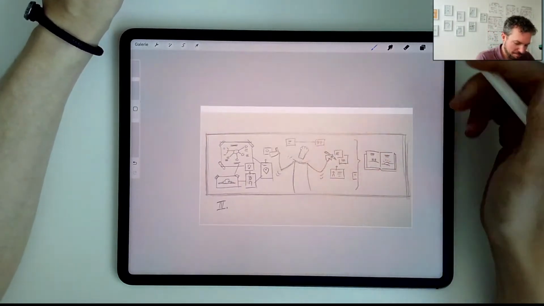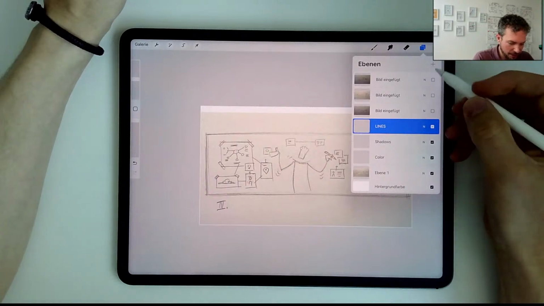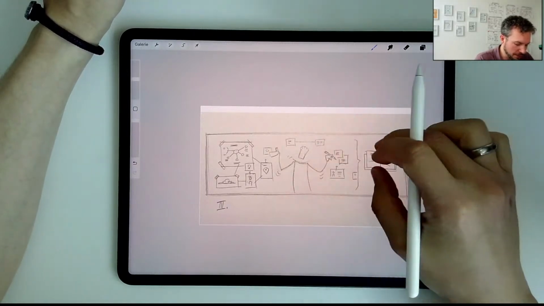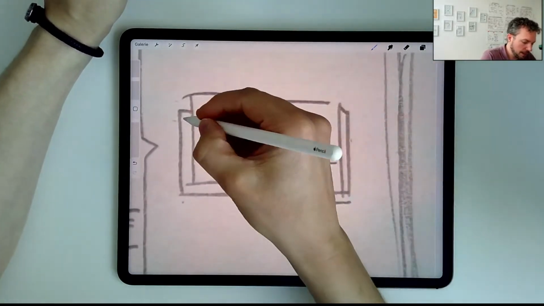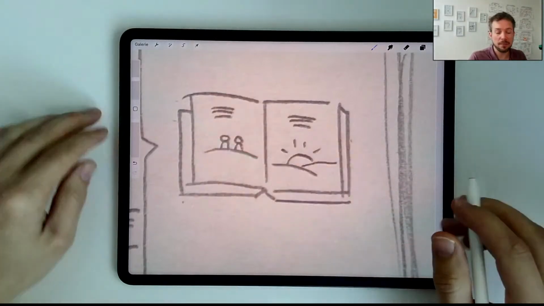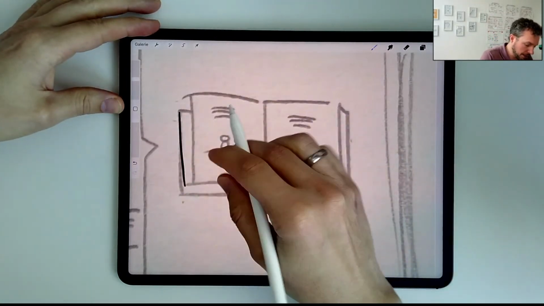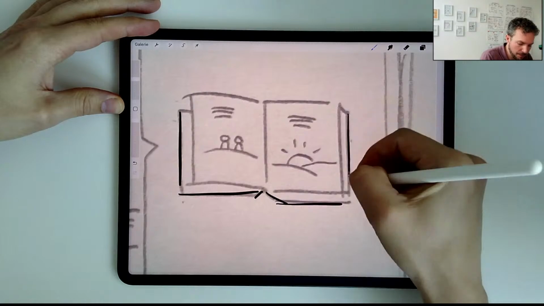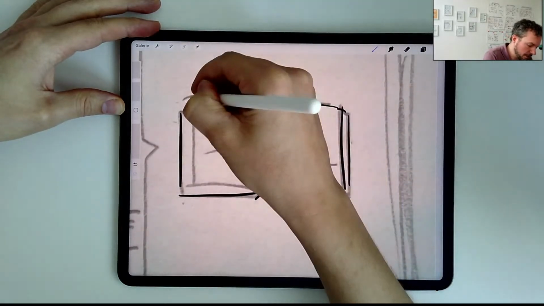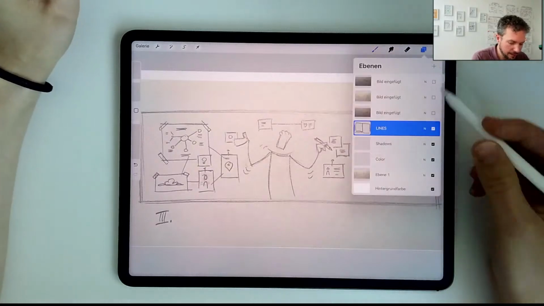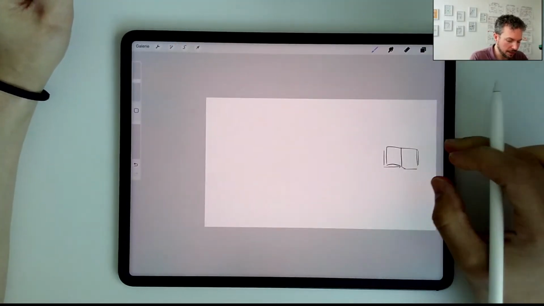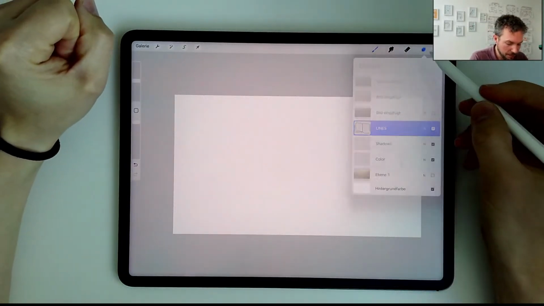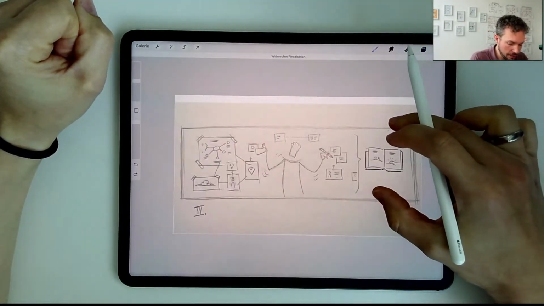So what I do is, I have my line layer, I have my shadow layer, I have my color layer on top of the photo. And then, just for comfort reasons, I zoom in quite largely. What I do is basically a copy and paste job. So I first test my lines in terms of size. I'm a bit sloppy with the lines now, just to see quickly if that is the strength of the lines that I would like to see in the overall illustration. And I have to say, I find them a bit weak. So I will undo the lines,